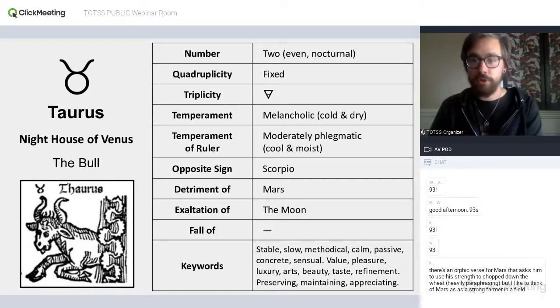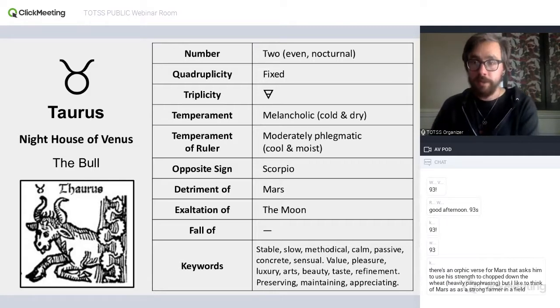It's hard to strive and sort of rush out and encounter, kind of like butt into obstacles and all that sort of stuff, when you have to do it in a Venusian, harmonious, balanced sort of way, interested in beauty and all that. That's just difficult to do. And so there are some significations of difficulty and obstacles when a planet is in its detriment.